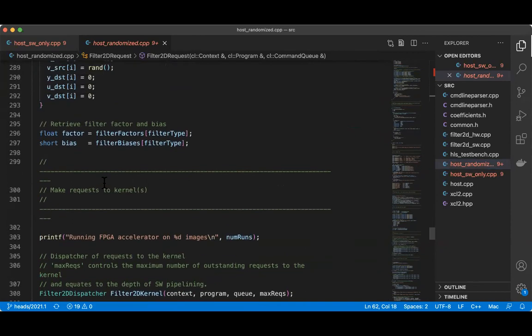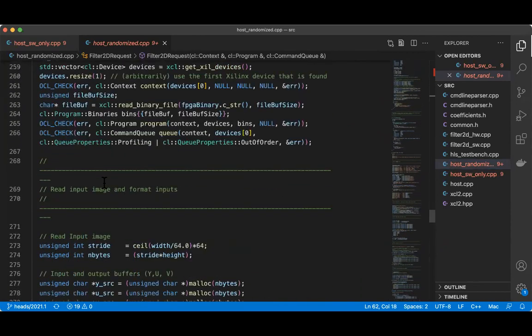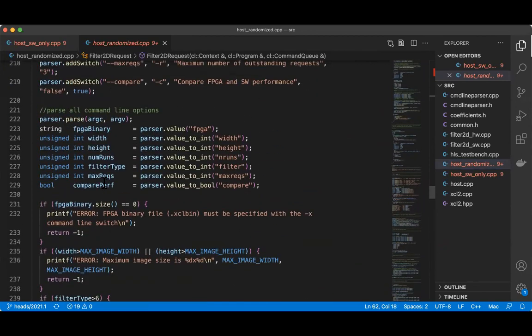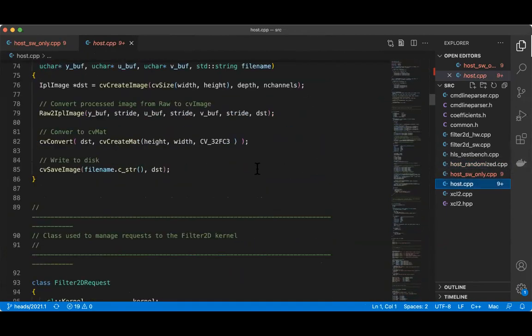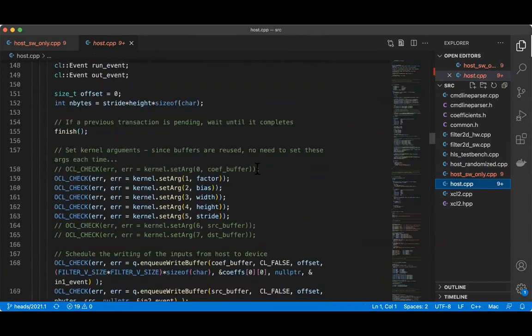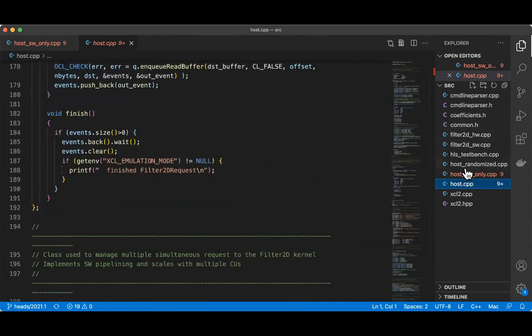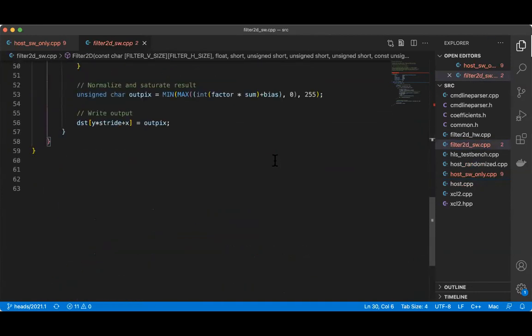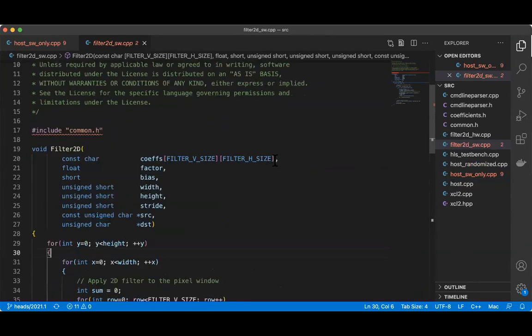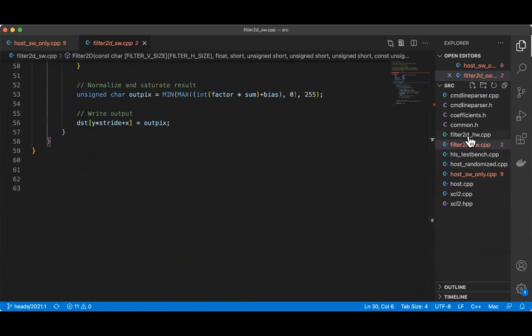Just give me a minute. I'm trying to find the code. Where is this one? Where is the OMP parallel?